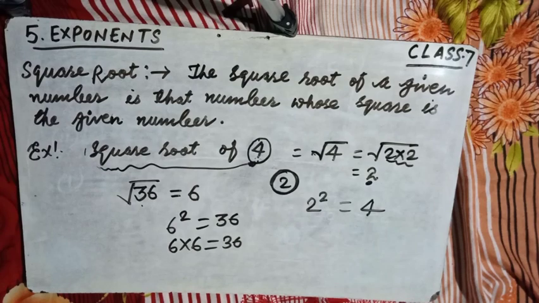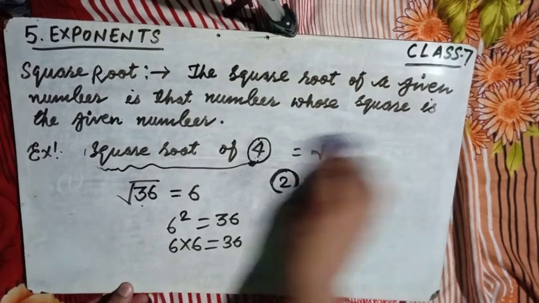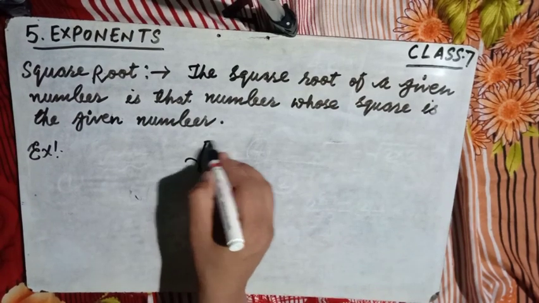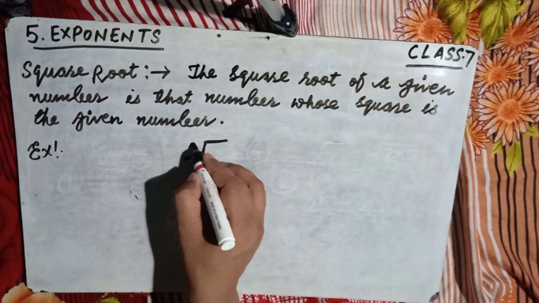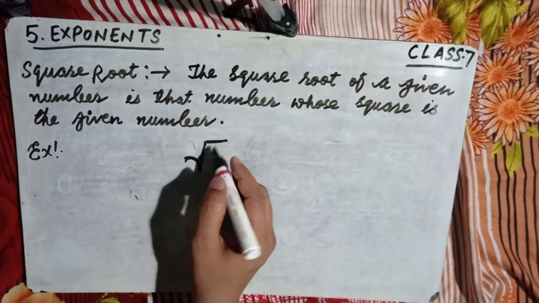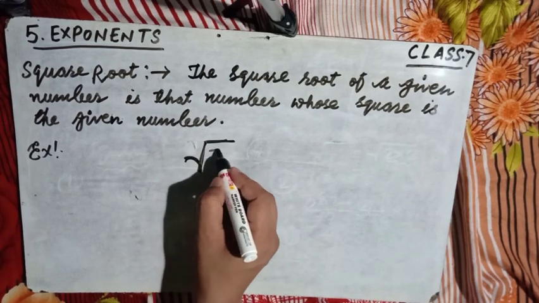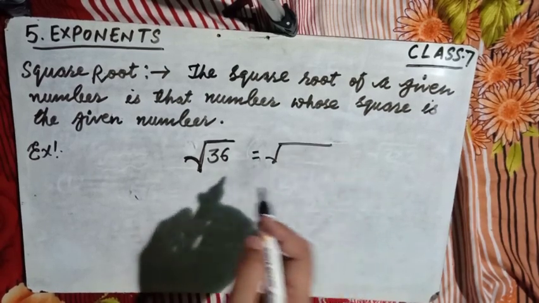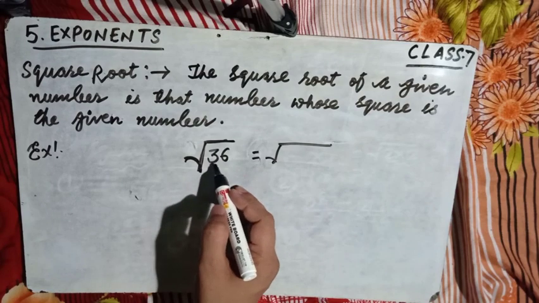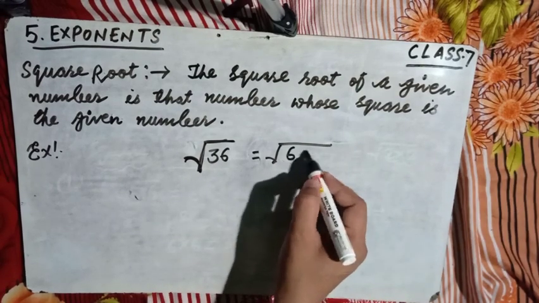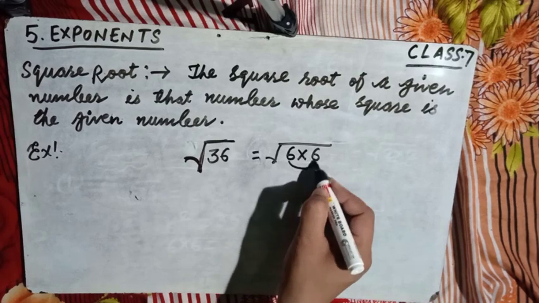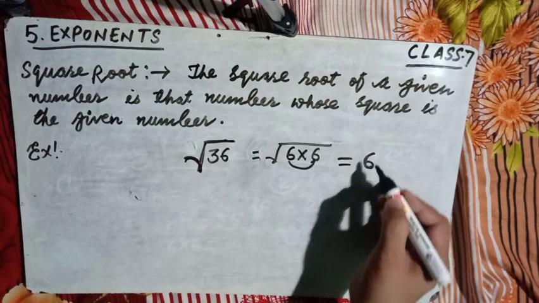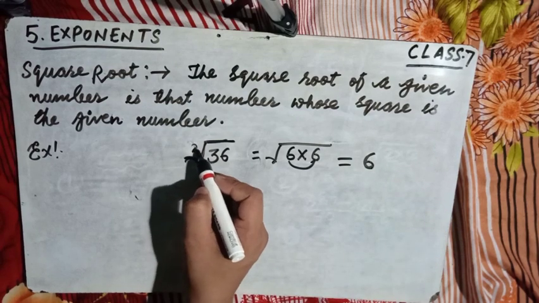Now the square root of any number can be written with the square root symbol. Here the 2 is hidden. This is why we make a pair inside the number. Suppose 36 is here. We are going to pair these numbers, 6 multiplied by 6, same numbers. Here is the 2. Now the answer is 6, because the 2 is hidden.